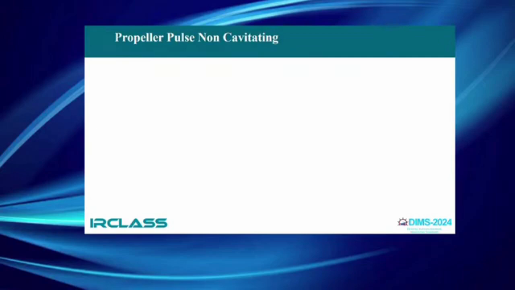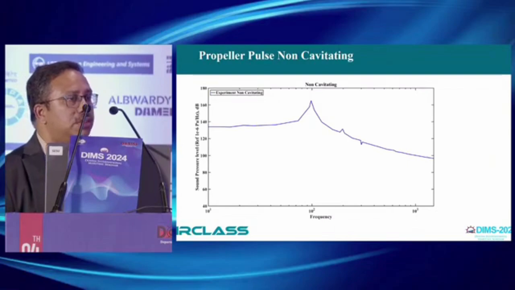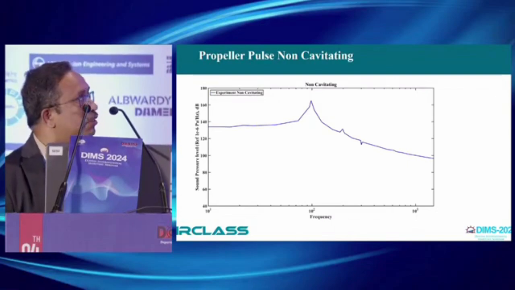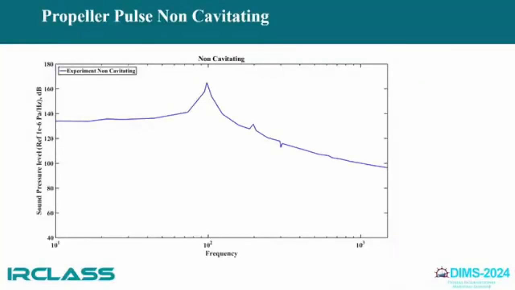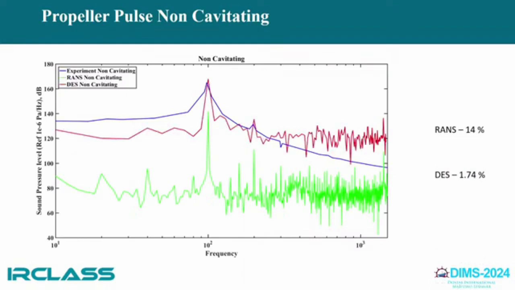So the next stage of this workshop was to estimate the near field pressures, so near field sound pressure. We are showing the results of pressure probe 2, wherein the time history of the pressures is converted to sound pressure levels. This is an experimental plot of how the sound pressure would look. The peak pressure was occurring at a frequency of around 100 hertz, at an intensity of 163 dB. Our RANS results were deviating by around 14%, whereas with DES, our results were close to under